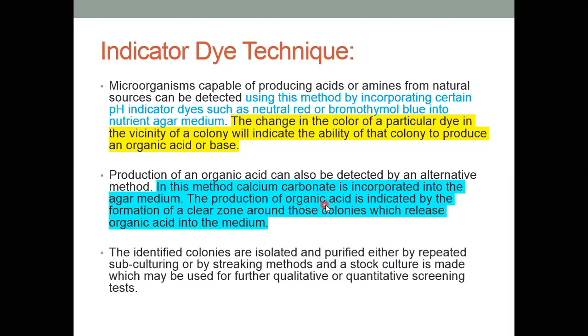Then you let microorganisms which can produce organic acid grow on that nutrient media. Then you're going to see clear zones. Once you see clear zones around the colonies, it means that calcium carbonate has been converted to